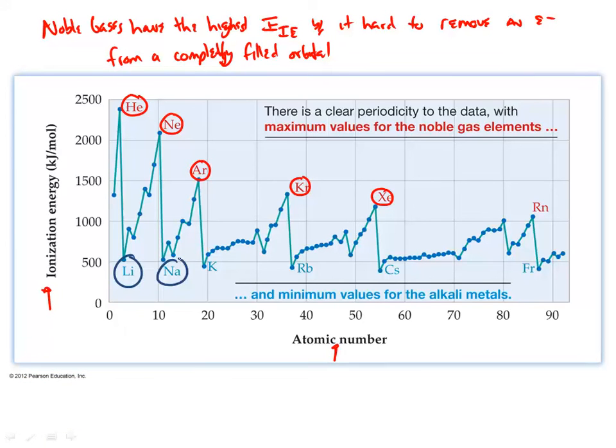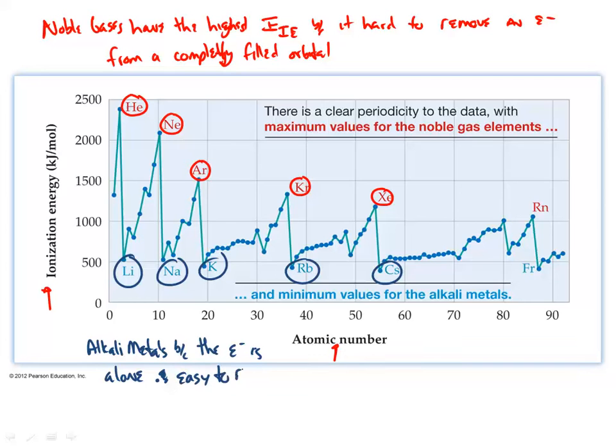So notice the lowest is the alkali metals because the electron is alone, therefore easy to remove. And then notice what happens if we're going across a row,